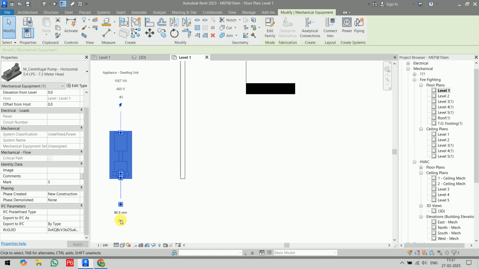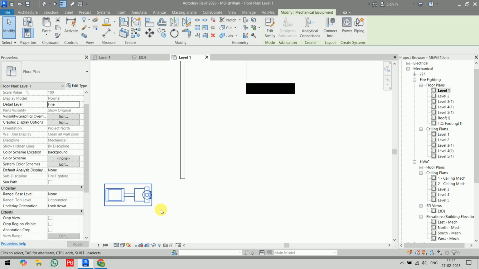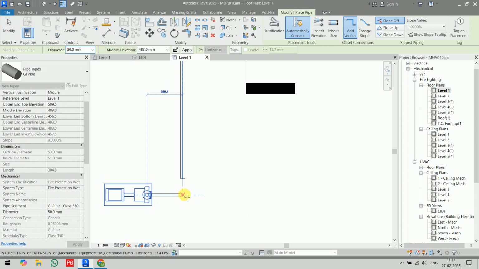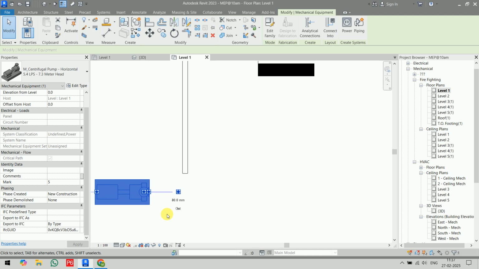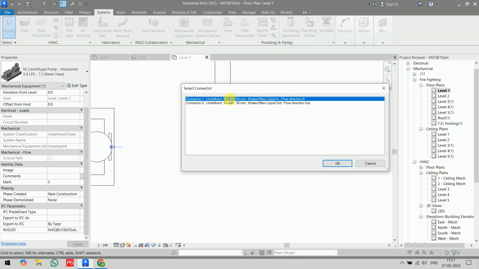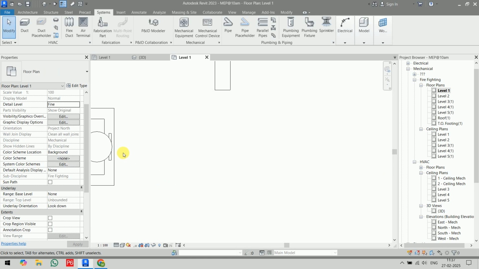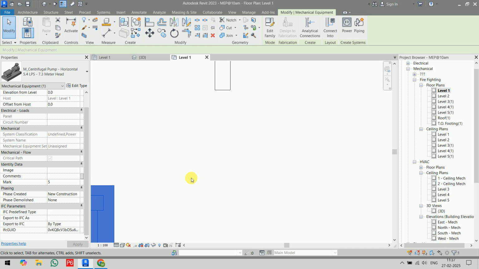You have the outlet on this side. So we will move on like this. Let's say select, click on this one. Okay, no auto route solution found. What diameter is required, you will check with this one. 40 mm or 30 mm, we don't have that size, so again you have to create that size. Accordingly you can connect, or either we will do one thing,